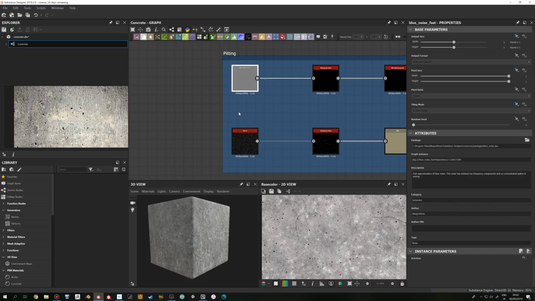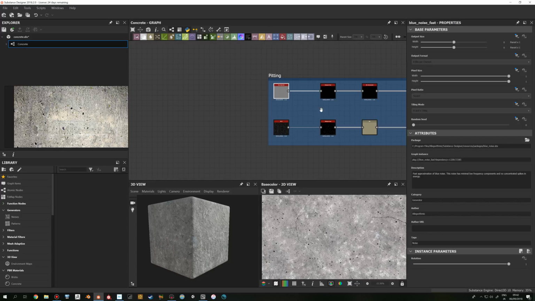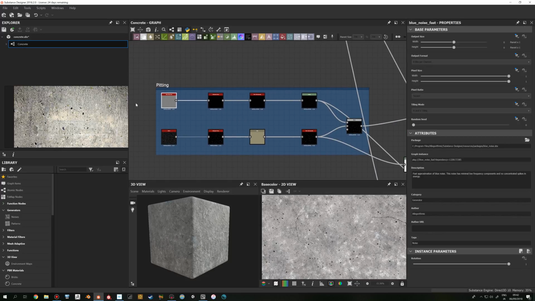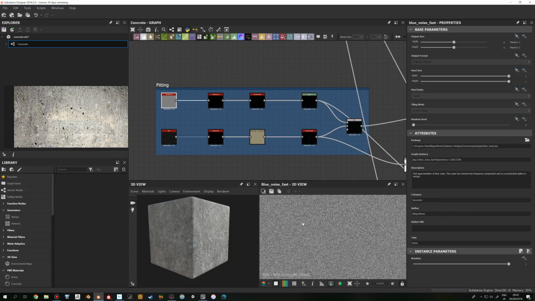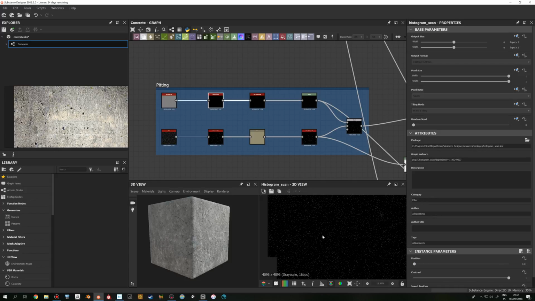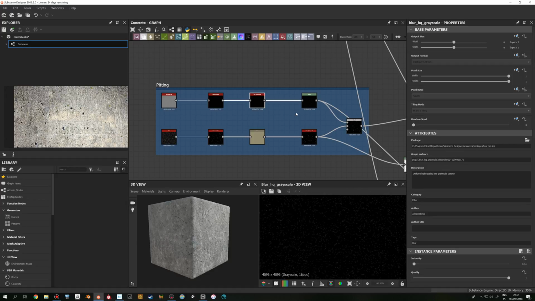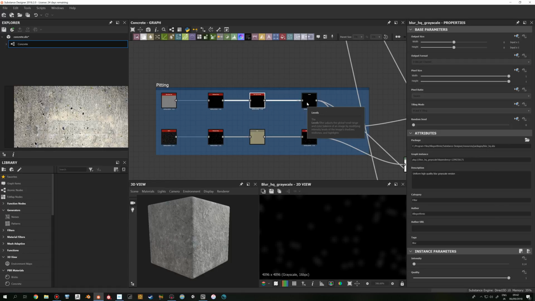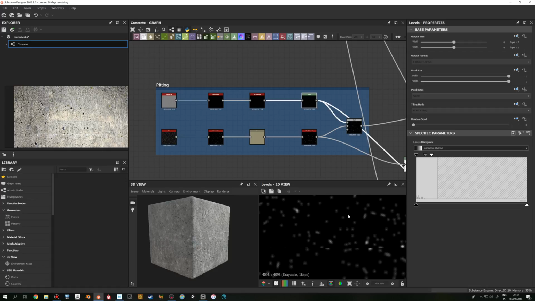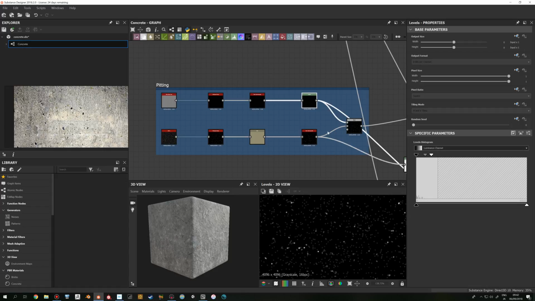So the way I've done that is that I've created two different noises and then blended them together. First I just use this Blue Noise Fast, and then use Histogram Scan to isolate those small dots, and then blur them using Blur HQ Grayscale, so it gives us pretty round shapes. If you use the faster blur, it doesn't give you so round, it gives you kind of a blocky shape. So it's good to use HQ, and then I've used Levels to tighten them all up a little bit,